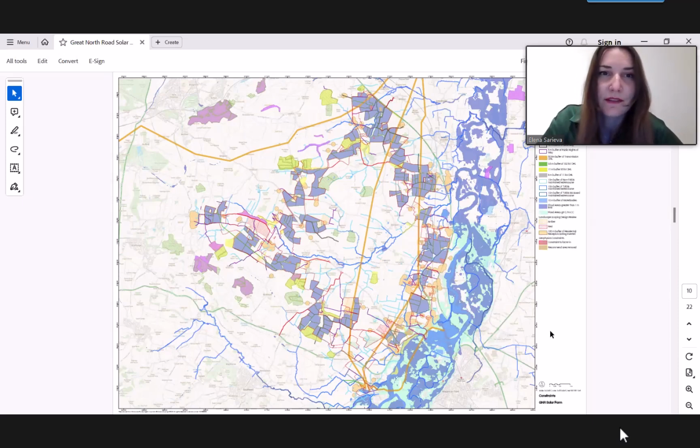And I appreciate the map and the scale is probably a bit small, but these are all available on the website as well as at the in-person events. So yes, you're welcome to have a look at them. And we welcome any questions at the end on any of the environmental and site selection matters. Thank you.